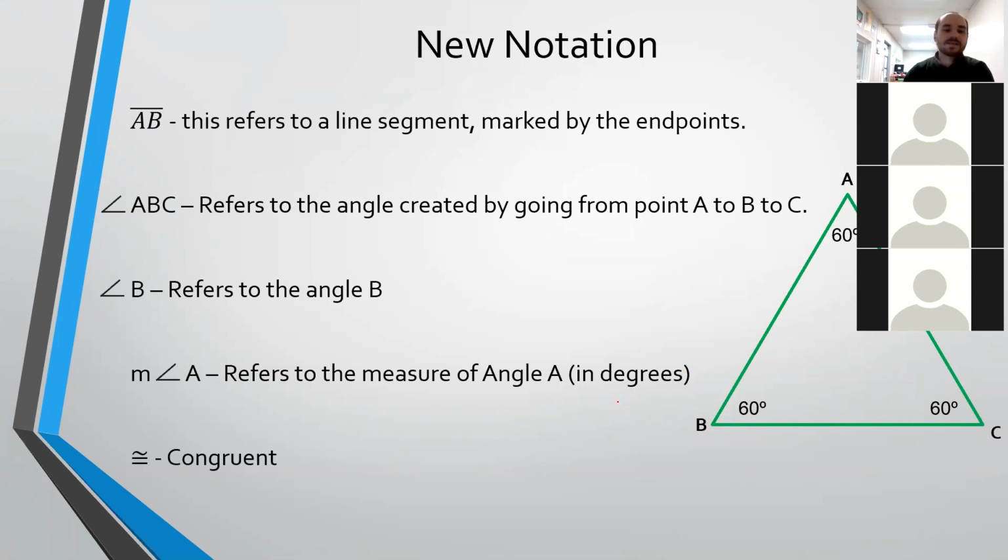And then the last thing is this little symbol. It's an equal sign with a little squiggly line over the top, and that means congruent. So some of the ways you might put this kind of stuff together is, since this is an equilateral triangle, all 4 sides are going to be the same. These are all congruent. And marking lines with these little dashes is one of the ways that they mark congruent